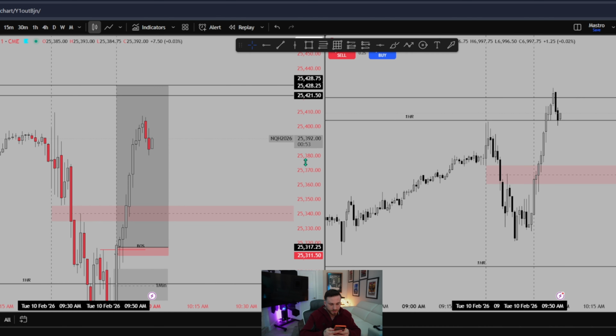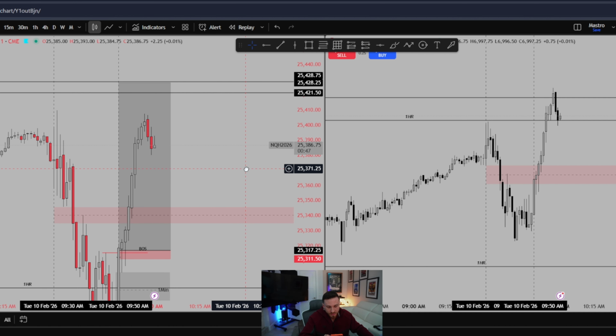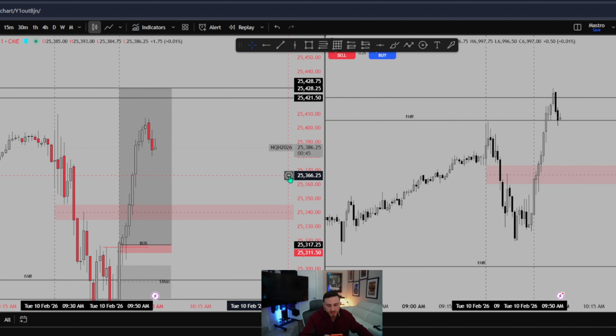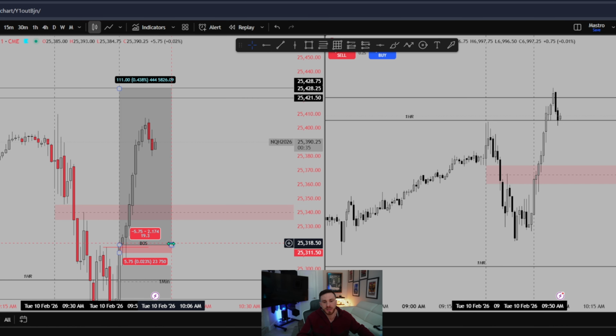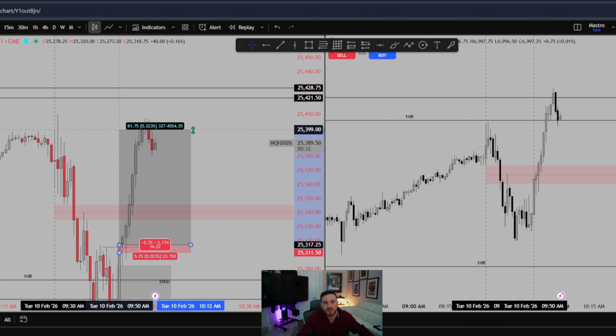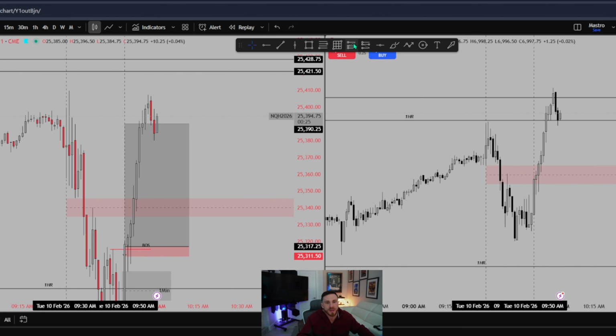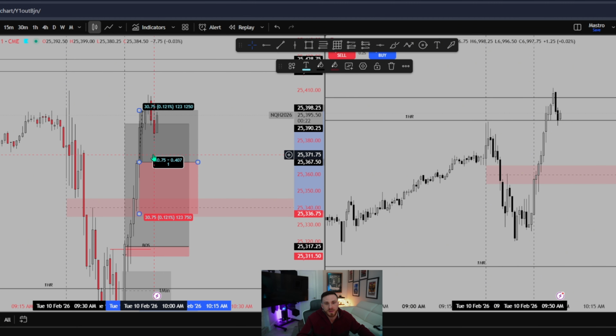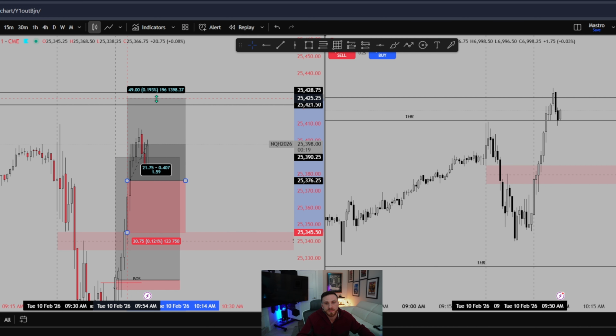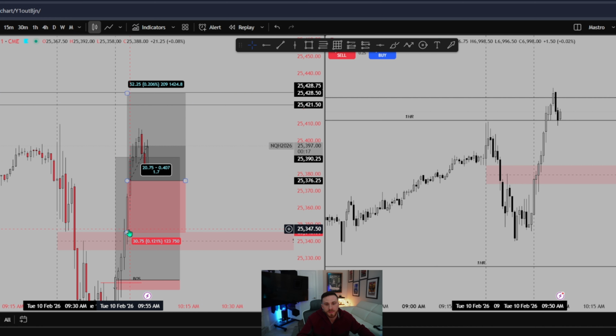Whoa, we almost came to it. It's so much different. It's 25,317 on my platform here. We're holding! We're holding! This was the original trade. It was 72 points. Entry was off that break of structure. And then we have our second trade, which is somewhere around here. Going for that. And it's at break even.